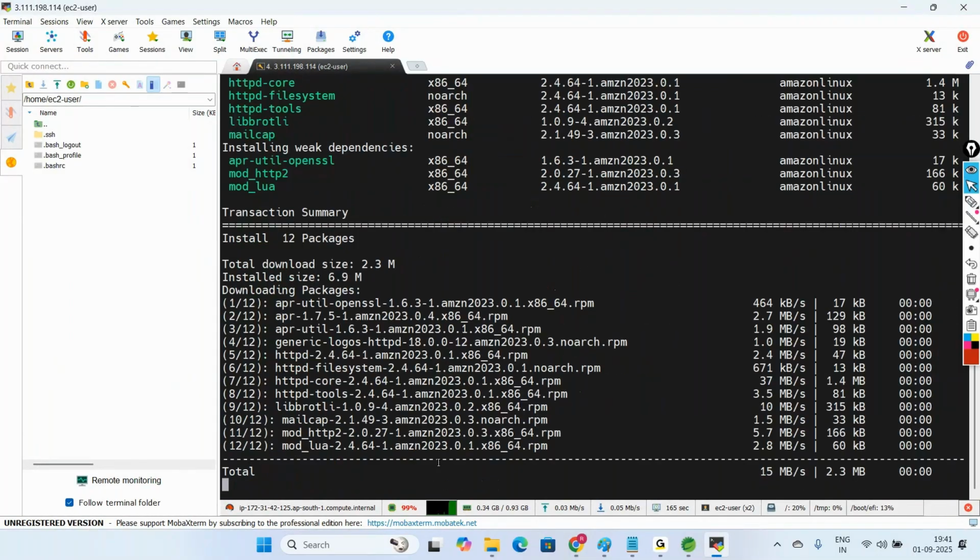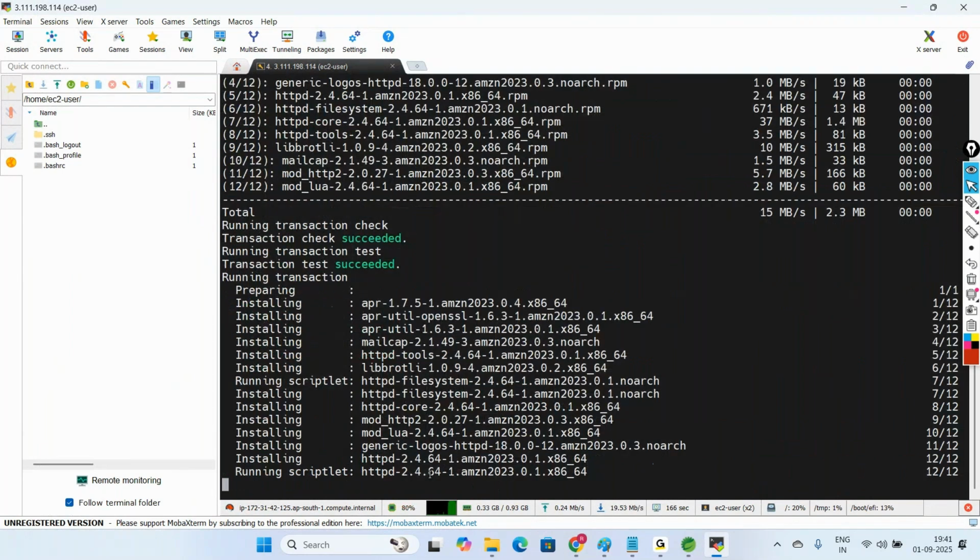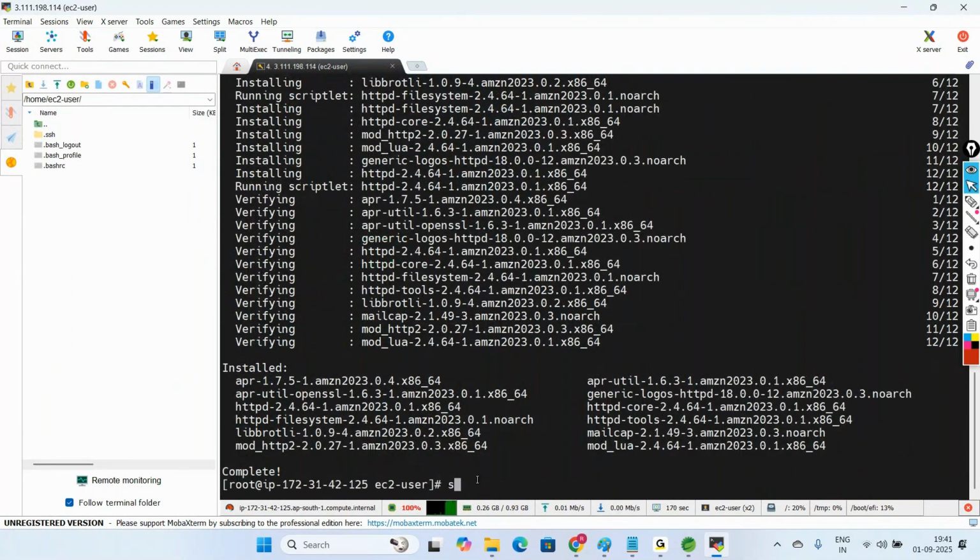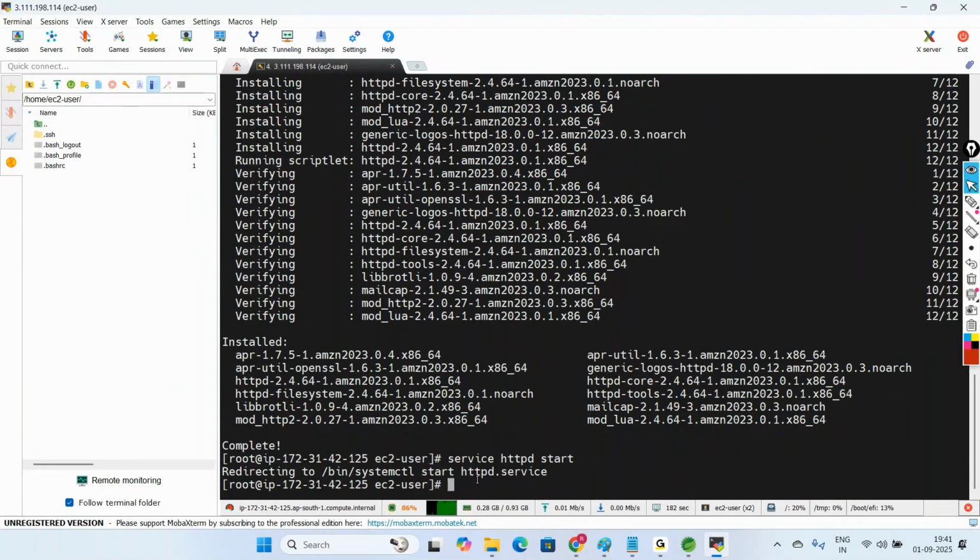Once it installs, then we need to start the service. How to start the service? You can say service httpd start. So last class we have discussed the same thing here. Then once it starts, our next step is